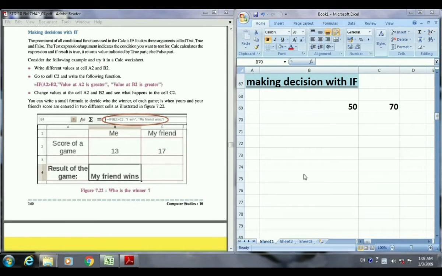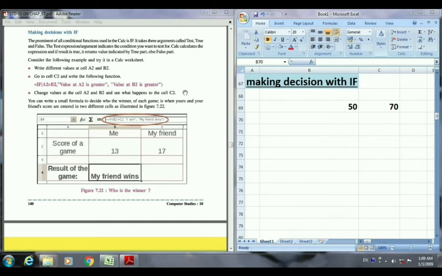So students, now we will discuss the next function, that is making decisions with the IF function. Here we have discussed so many functions, students, but those functions just take the arguments and show us the result based on the arguments. These are not smart functions. But sometimes we need functions that perform some evaluation. Means we give a condition, then the function checks whether the condition is true or false, and based on that it shows us the proper output.